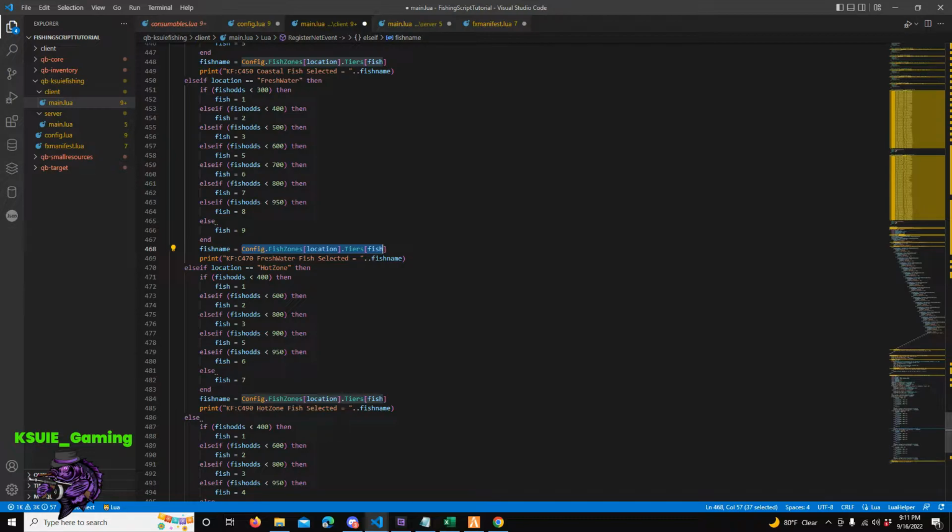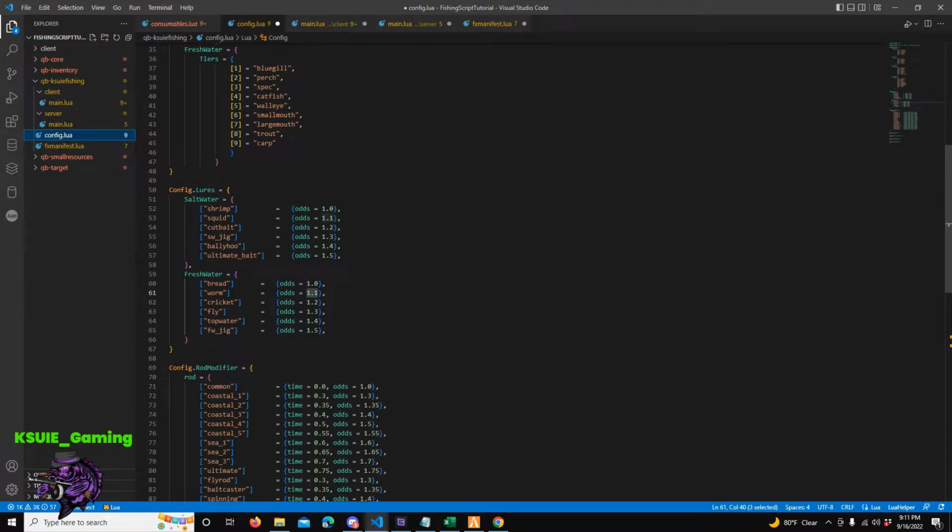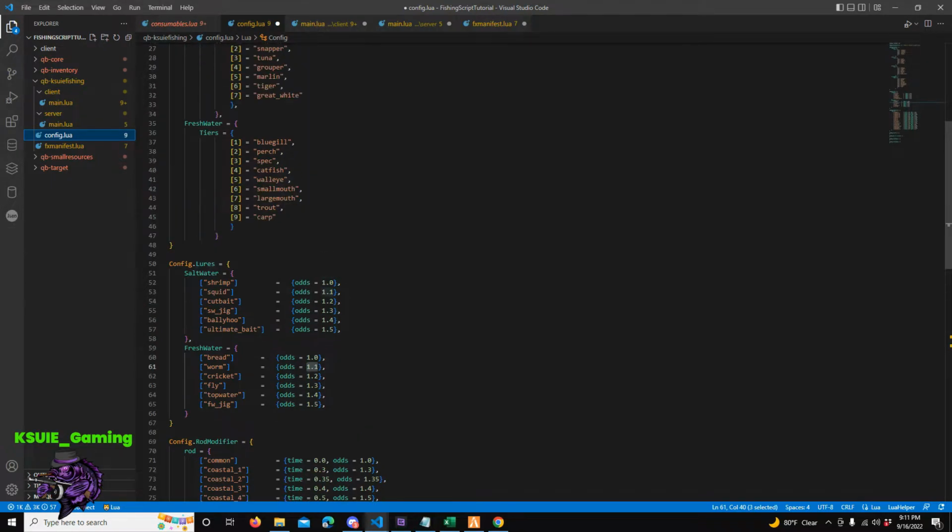So whenever it runs through this in freshwater loop, it says 110 is less than 300, so it's going to return fish 1. And so here I'm going to assign the fish name. So I'm going to go to config.fishzones, location is freshwater, and tiers is 1 because my fish equals 1. Fish is 1. It's going to look at the config Lua, and it's going to say my fish name is,